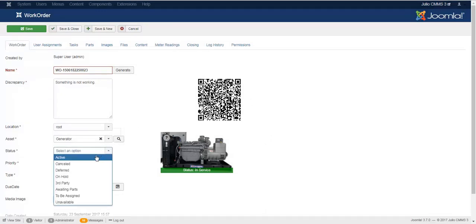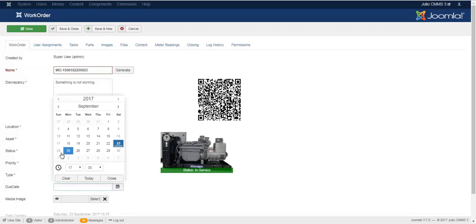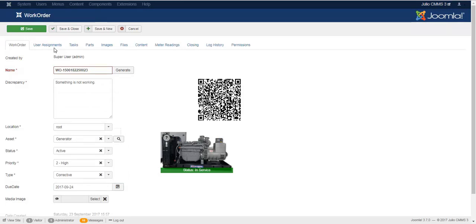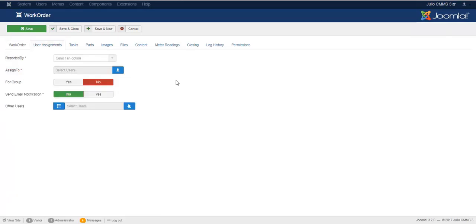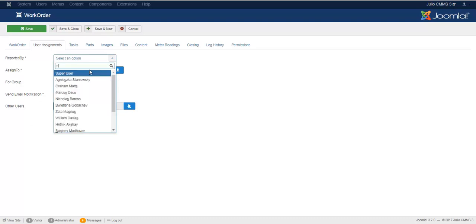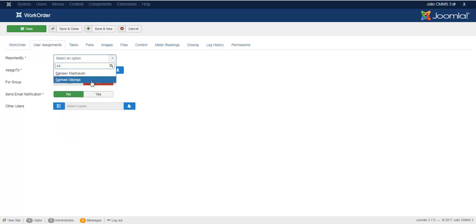Okay, let's fill out the form. Status active, priority high, type corrective maintenance, due date tomorrow. That's about that. This is user assignments, and the fields we have are all these. Okay, let's start. Reported by, let's say SA Samuel Gitung. Assigned to